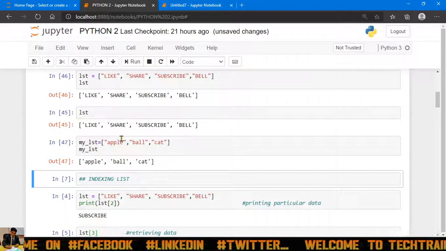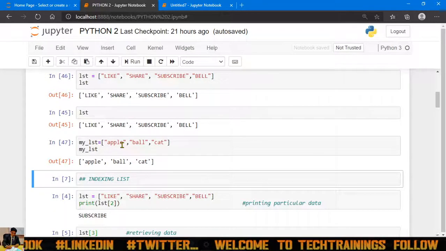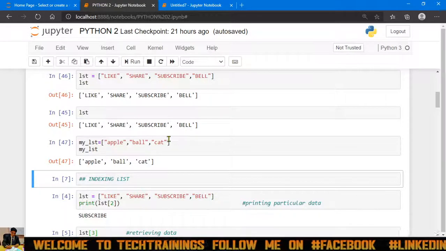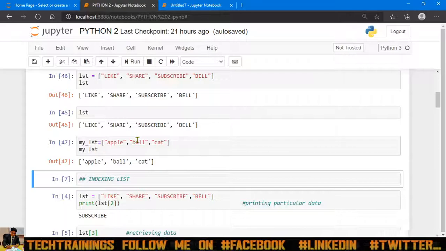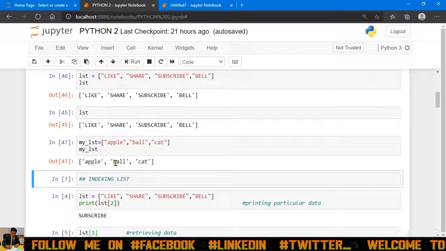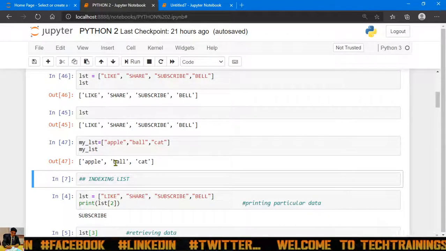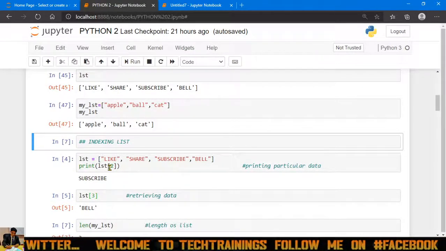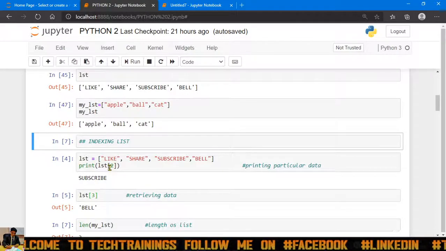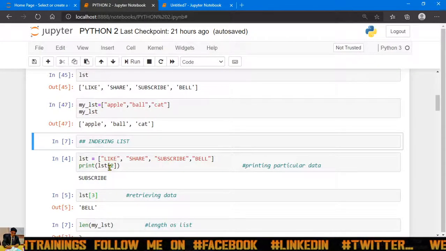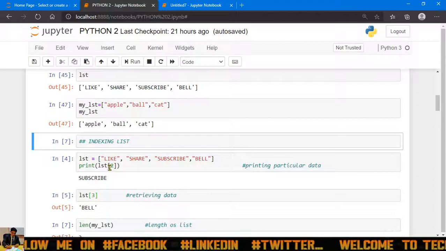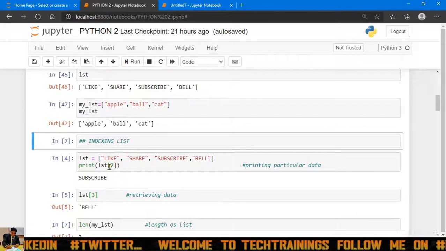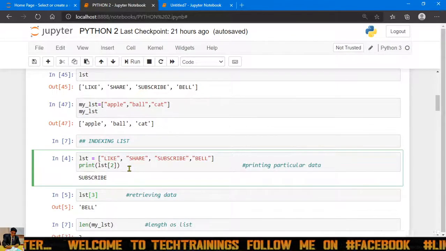So a list is nothing but a collection of data, and it is ordered. Ordered means apple comes first; the order that we have given in the input, the same order will come as the output. Now let's discuss another part of the list, which is indexing. Indexing is very important in the Python language or any other language. If you are writing code for any project, you must know what indexing is and how to create a list. Indexing is nothing but getting a particular piece of data.